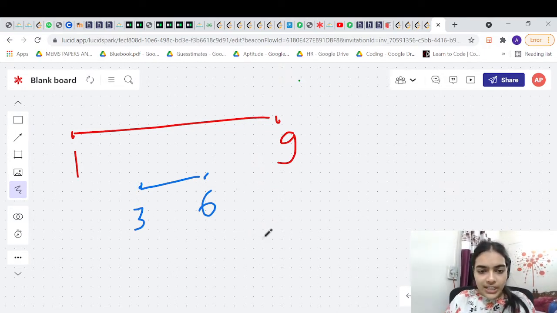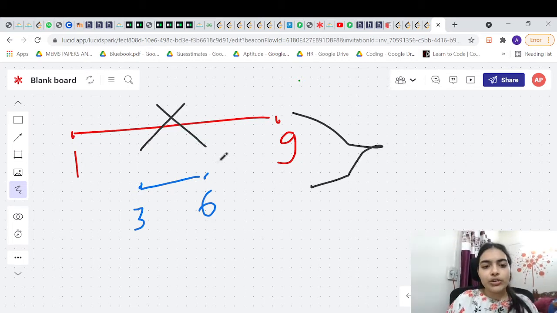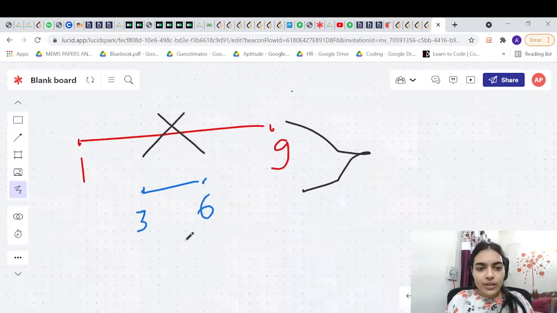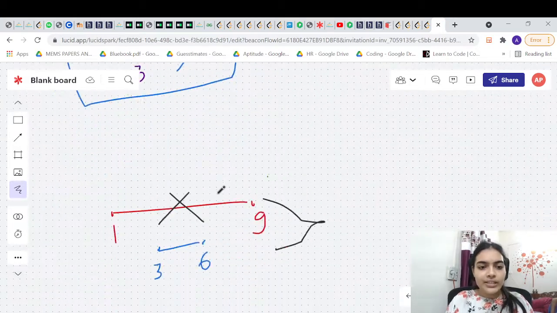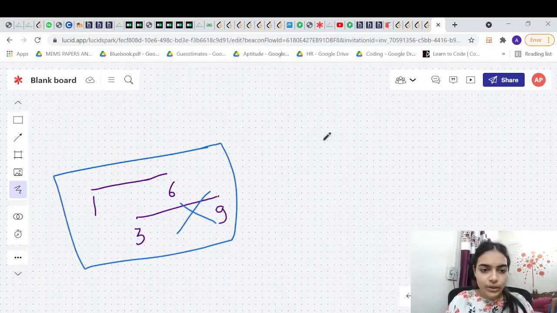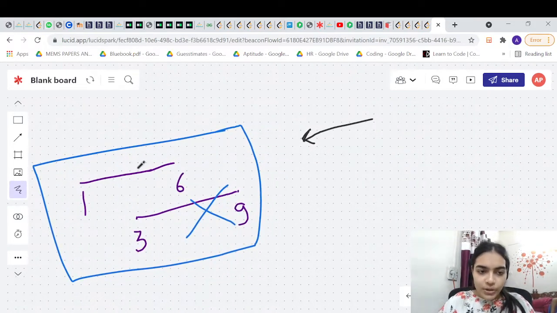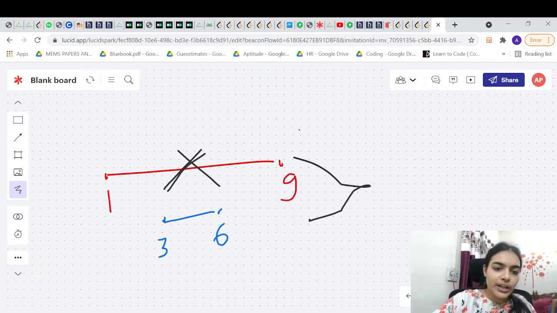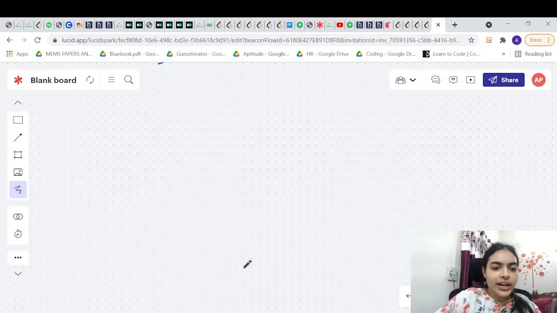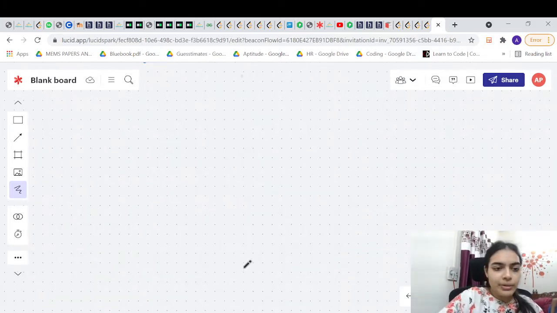So if you have such a case, what will you do? You will delete this interval so that later on you can have the minimum number of overlaps. So these are the only two cases and we'll consider these two cases. Now let's try to build our logic. Let's see the two cases once again and then we'll take some example and go forward to coding it. Suppose you have this case, in this case you will prefer to delete this particular interval. Suppose you have this case, in this case you will prefer to delete this particular interval. Now let's quickly take an example and then we'll move forward to coding.